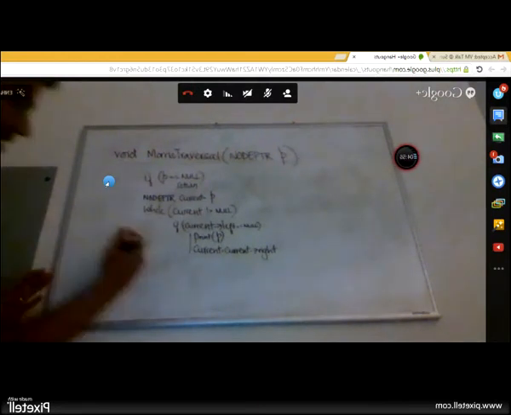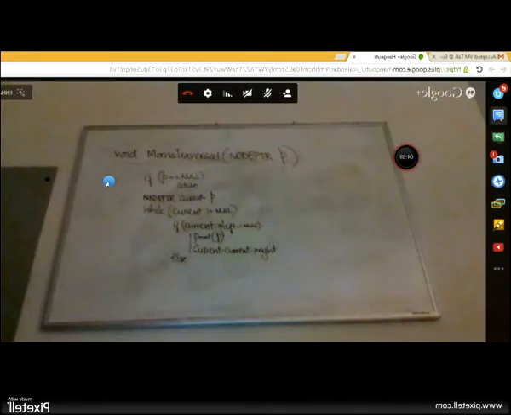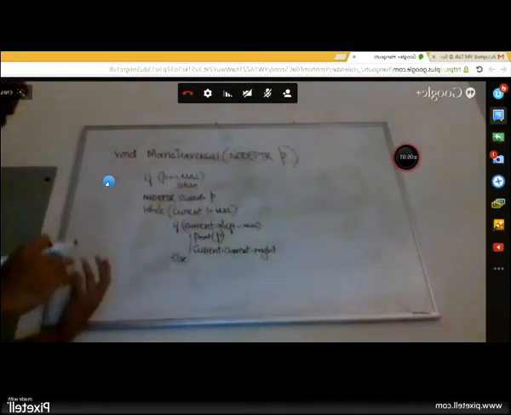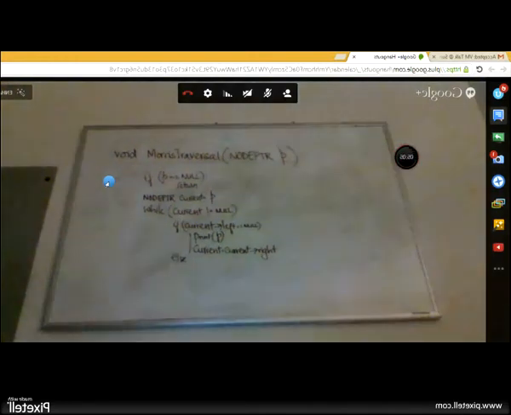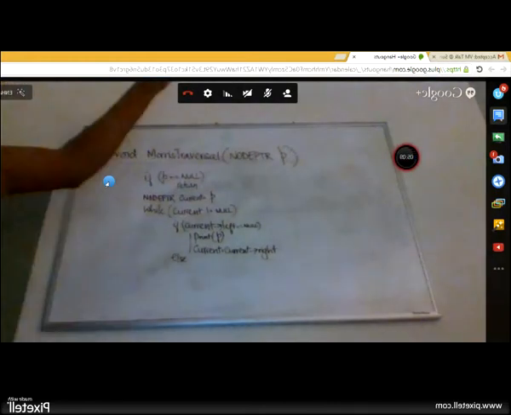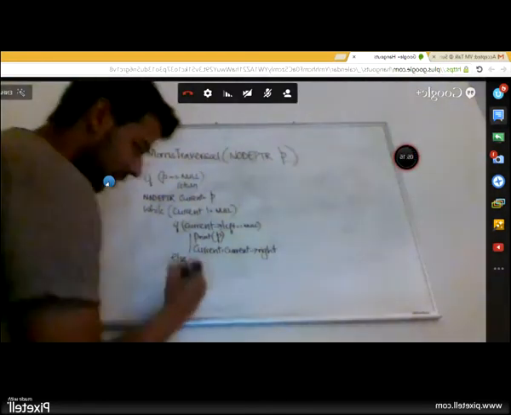Otherwise, which means our problem is not so simple, we didn't get this easy task where the left subtree is completely blank. In this case, there exists a left subtree. So what we do is I latch onto the root of my left subtree, because now I need to find out the in-order predecessor.